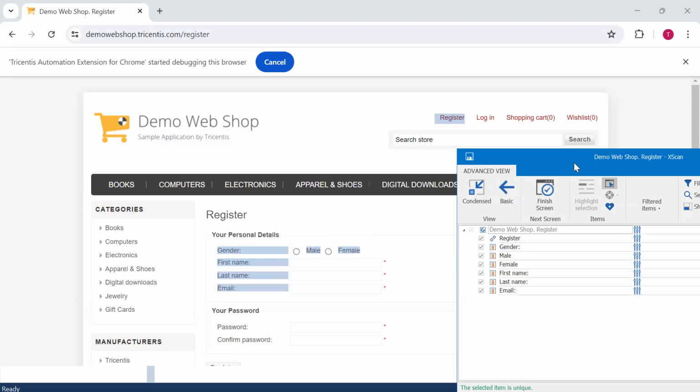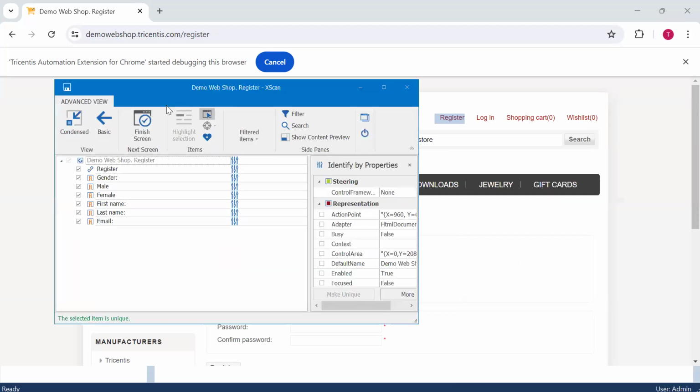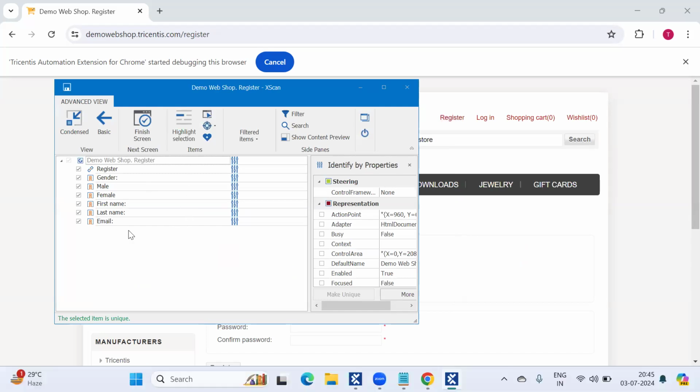I have selected these many controls. If you observe, you have got a message under the XScan window: the selected item is unique. That means all the controls you have selected are unique.